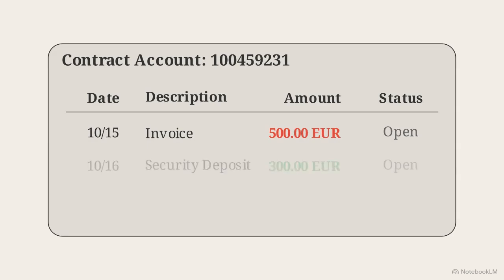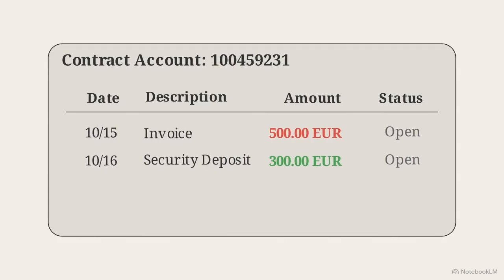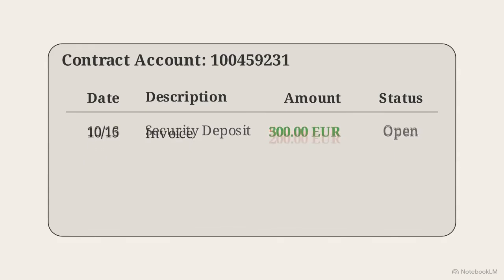The customer owes a €500 receivable for a recent invoice, but they also hold a separate €300 credit from a released security deposit in the same division. Our objective is to consolidate these disparate entries. By running account maintenance, we net them against each other to produce a single, accurate open item representing the true